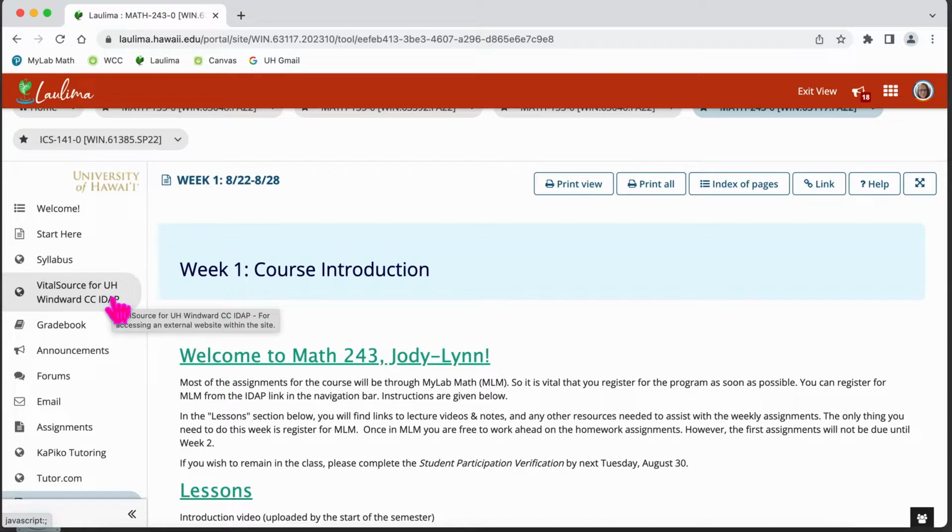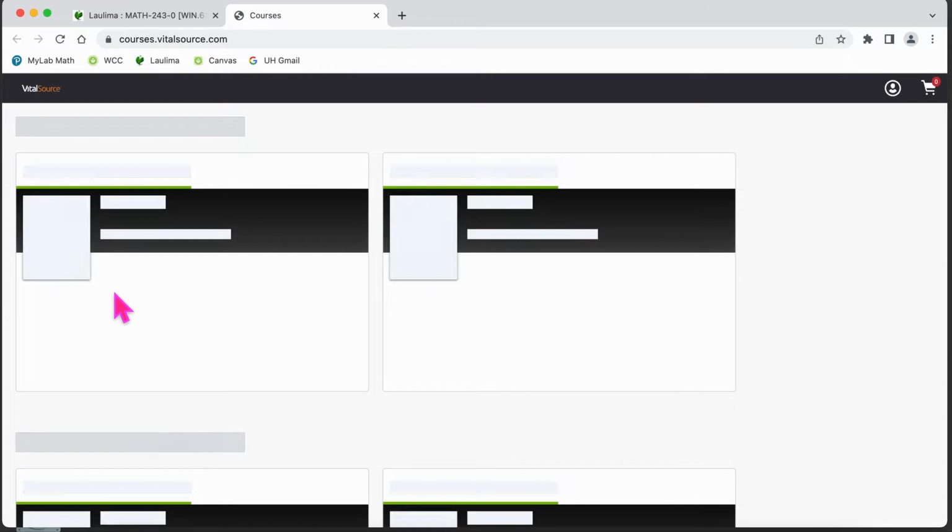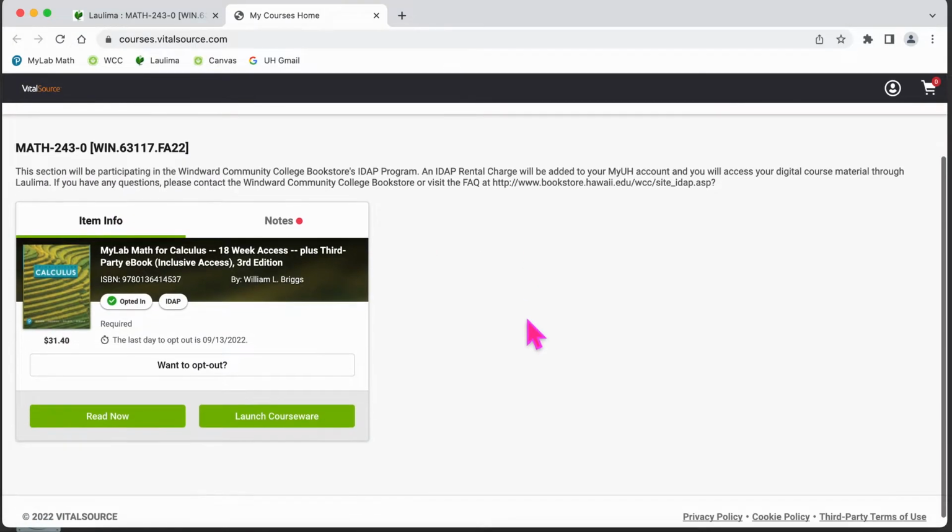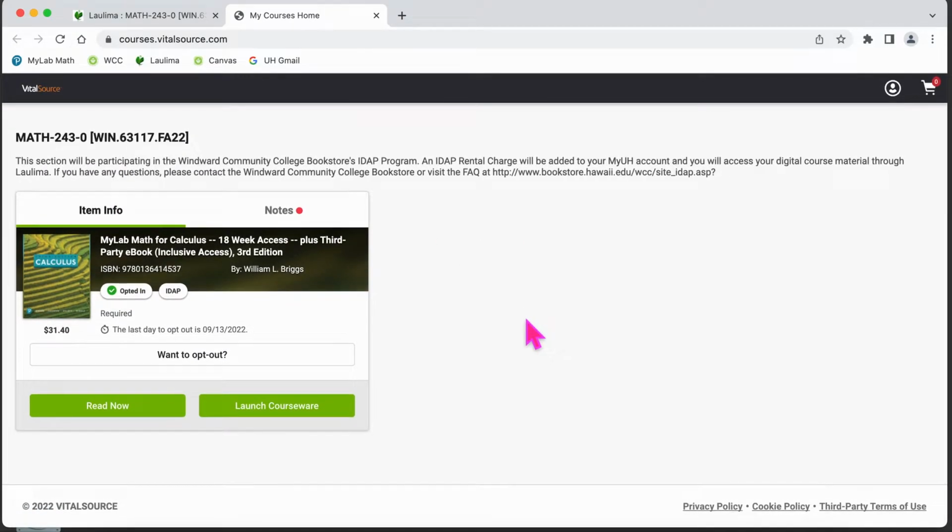Now the first time you register, you're going to click on this link. I got a lot of courses. There it is. And then you see that it says opted in. That's a default. If you want to opt out, you can. Just be aware that if you opt out, you will not have access to My Lab for this course.